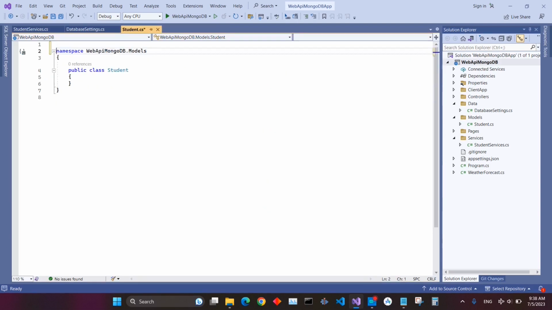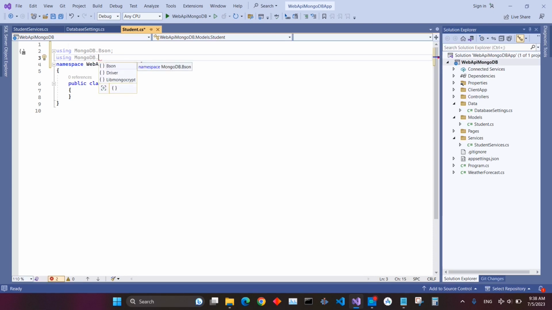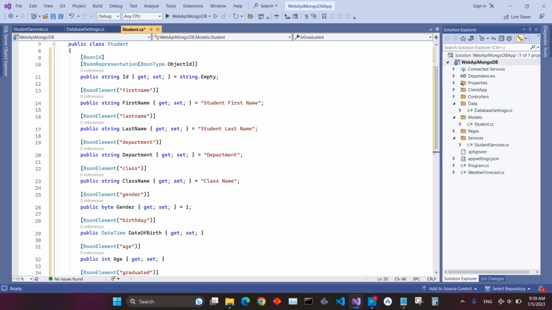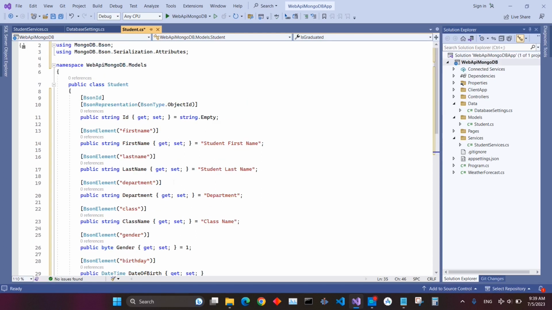Here inside the student file, we need to import some part of the MongoDB driver using MongoDB.Bson and using MongoDB.Bson.Serialization.Attributes. So I prepare this stuff instead of typing all of them, and it takes a lot of time, and